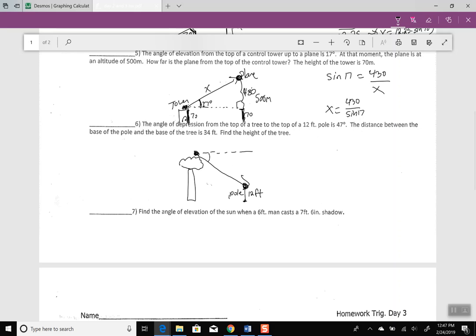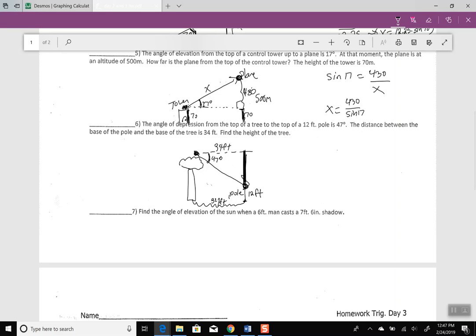So this angle of depression, that angle that's going downhill, is 47 degrees. The distance between the base of the pole and the base of the tree is 34 feet. So this distance is 34 feet. Now what that tells me is if this is 34 feet, then this length over here is 34 feet as well. And it says find the height